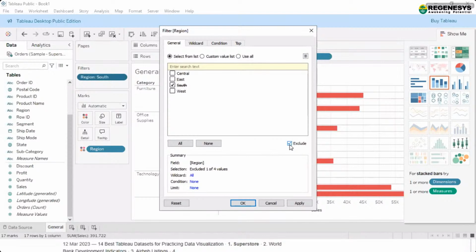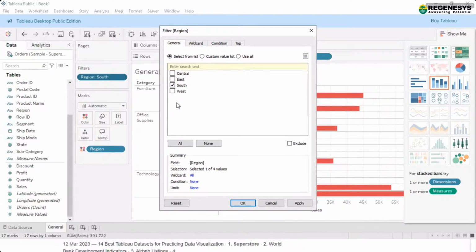So you can do it two ways, either include, which is the default, so if you are not ticking this, it means it is include, or you can use the exclude option. Sometimes the data which is excluded is very small, and the data which needs to be included is large.